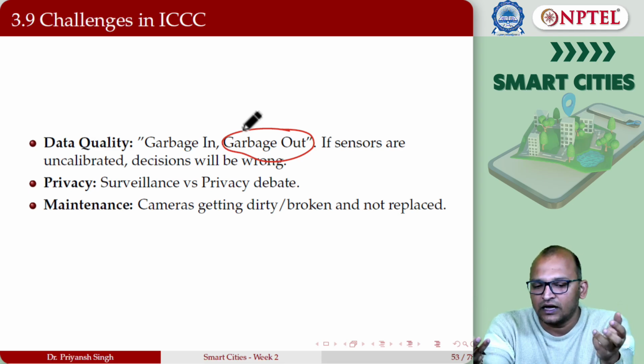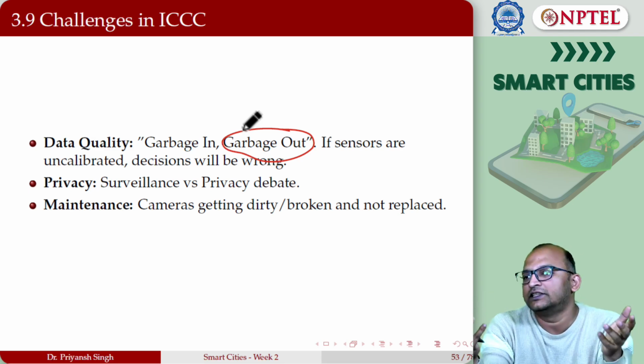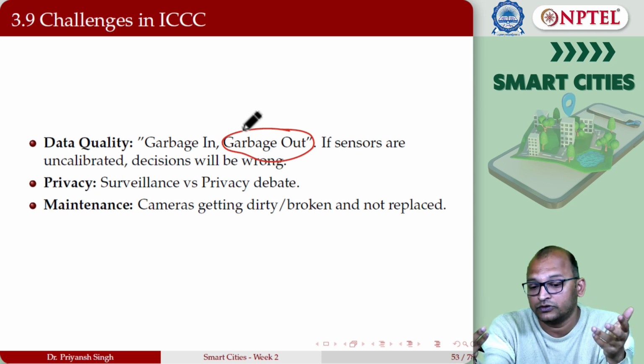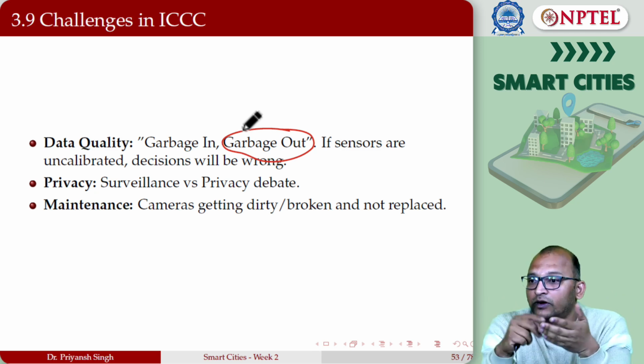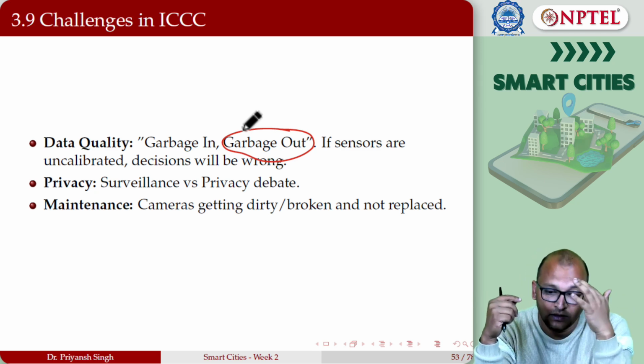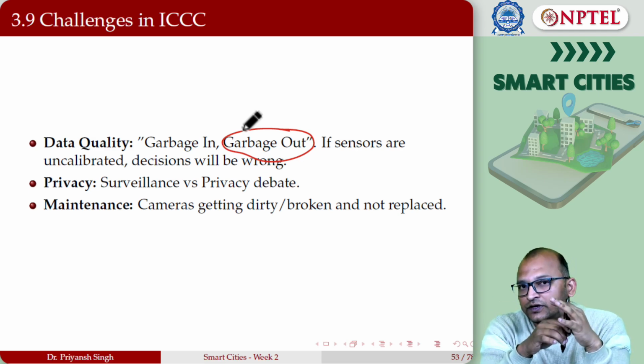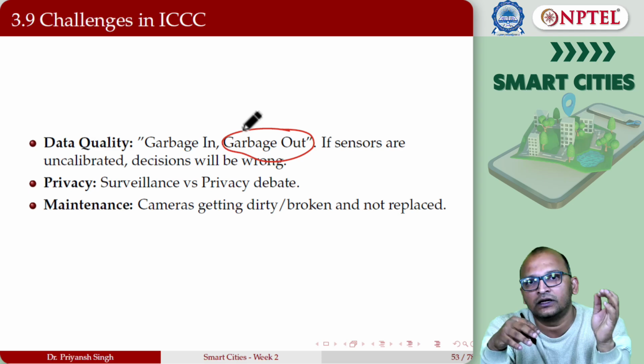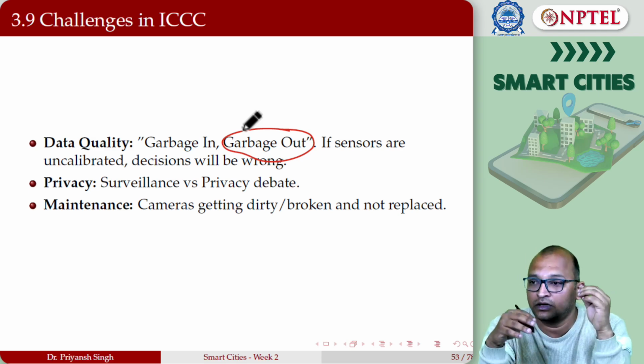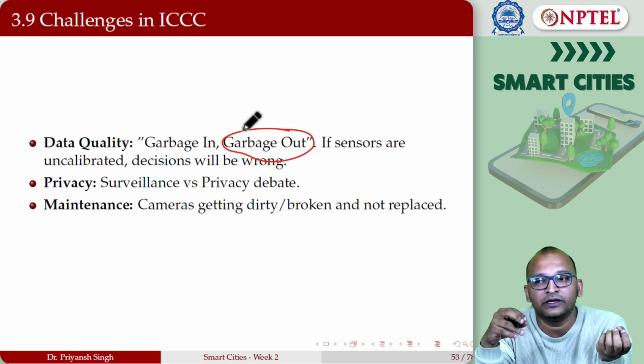If the sensors are uncalibrated, the decision can go wrong also. So whatever information is collected and sent to the integrated command and control center needs to be precise so that correct alerts can be sent or the correct solution can be dispatched to